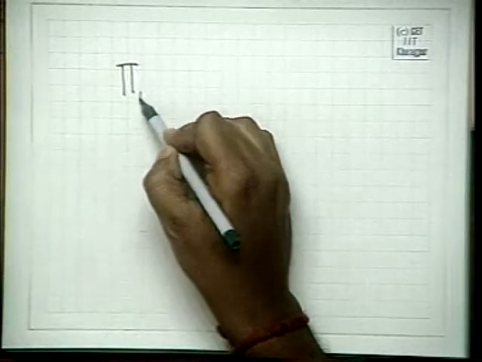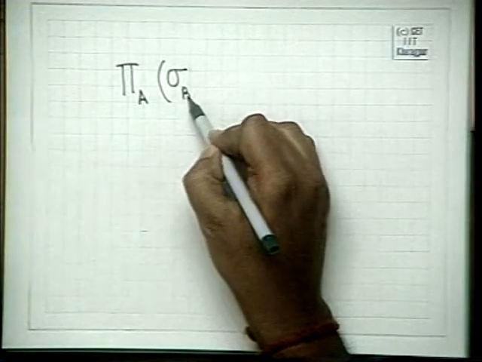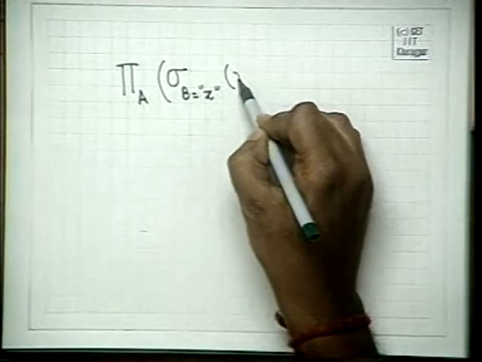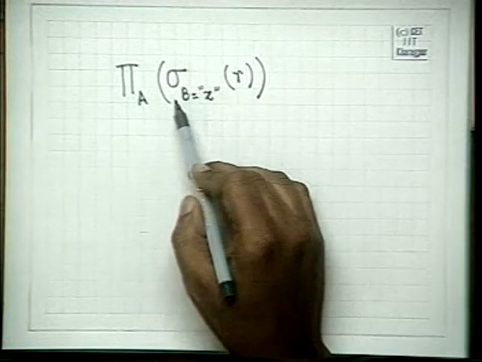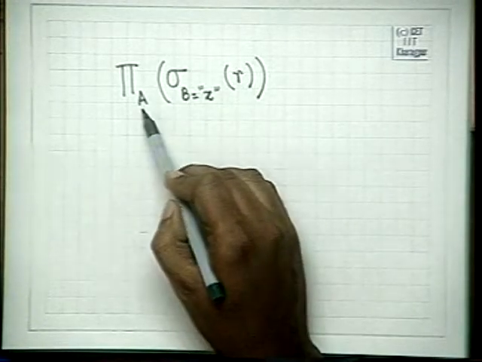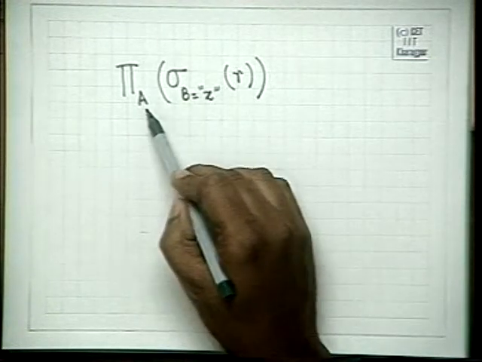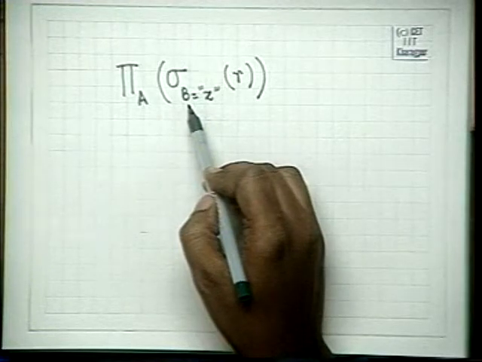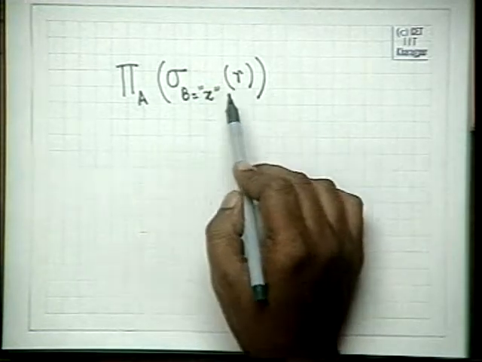The topic of today's lecture is relational calculus. We have done relational algebra, and we have seen that relational algebra is a mechanism by which you are expressing and producing some relations, in the sense that if we had an expression in relational algebra which did pi of A of sigma of B equal to x of the relation R, then we first selected out those elements in R whose attribute B was equal to x, and then we projected out the attribute A from the relation R. So the relation R must have at least the attributes A and B and maybe more. And every relational algebra expression produces another relation.